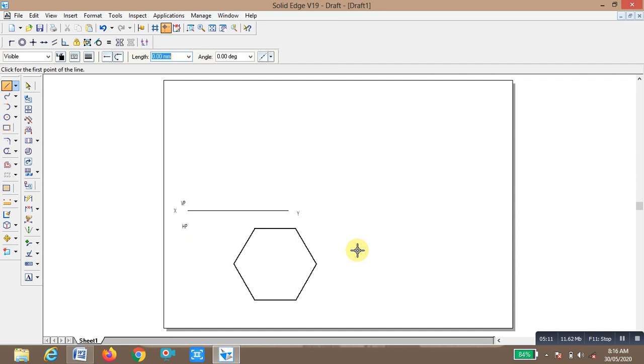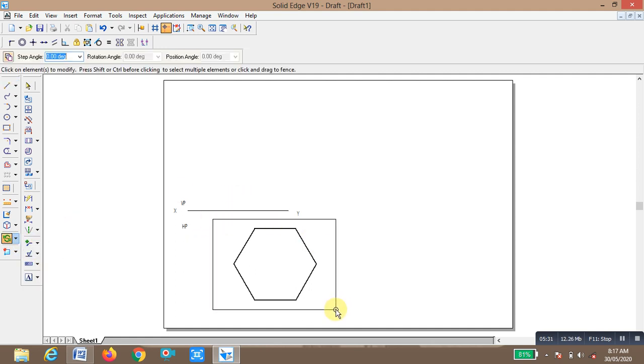Now the problem says two of its sides are perpendicular to VP, so we are going to rotate. Go to the rotate command and select this whole object. Click on any one of the corners and make this line vertical.